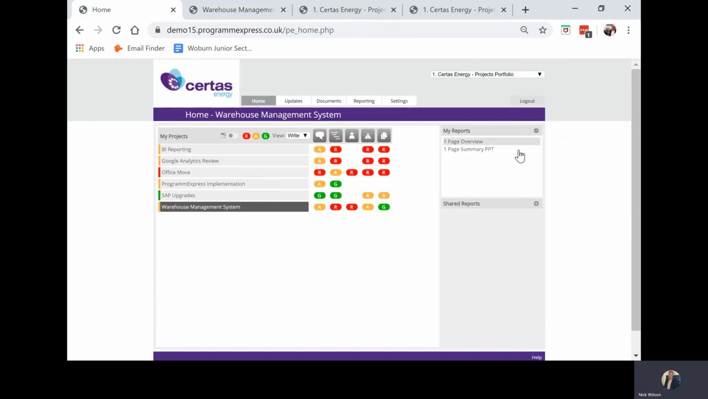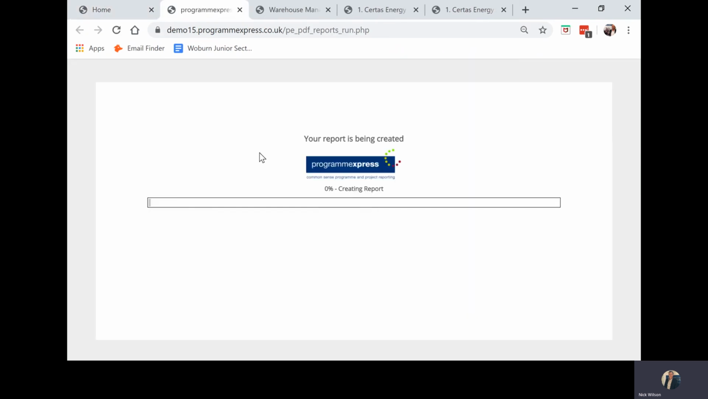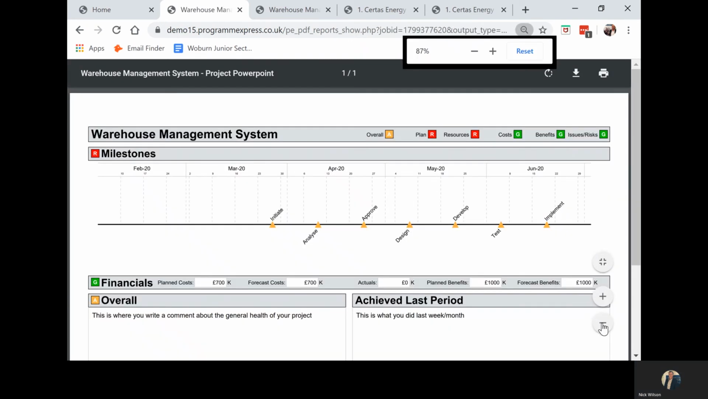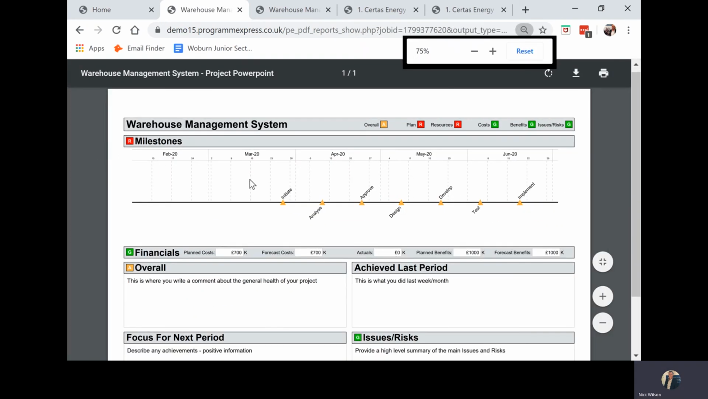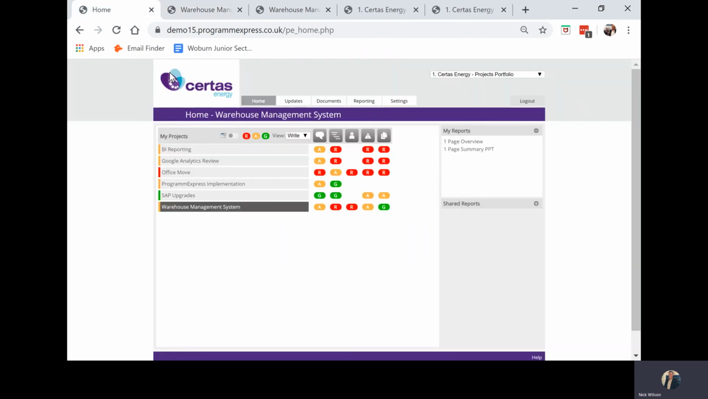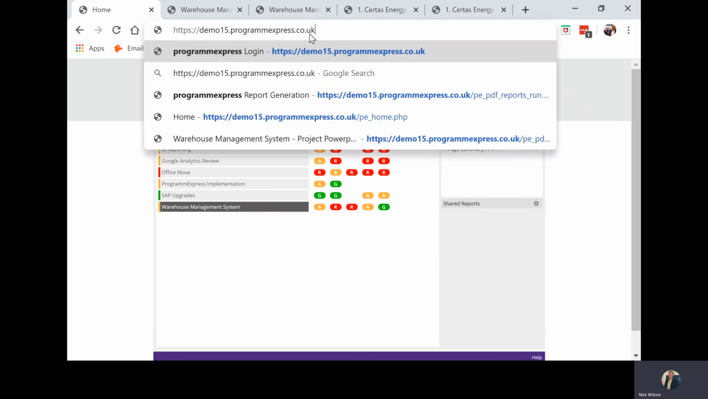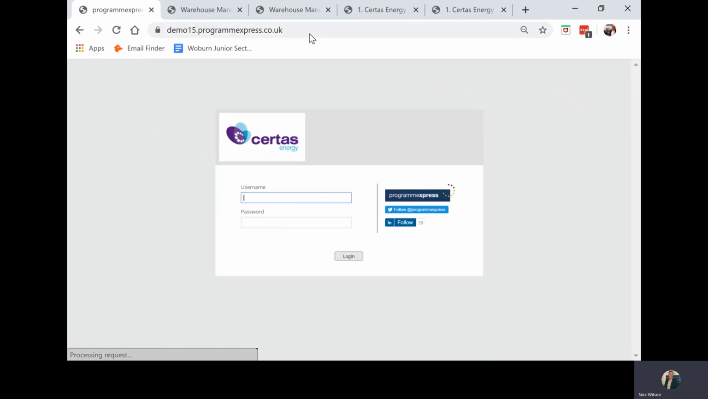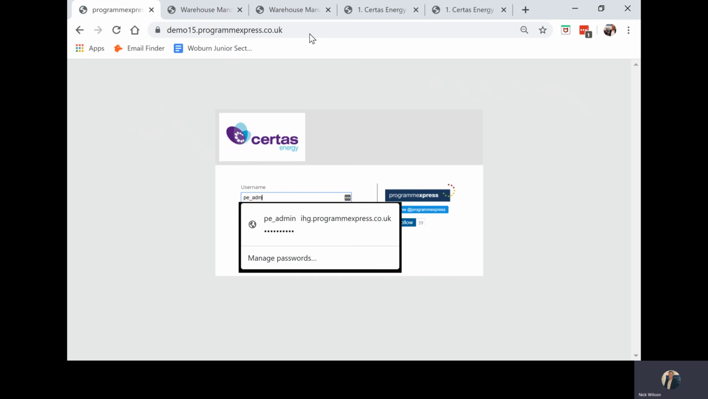Or I might want to run the same, or a different report for the same data with another style of report, a one-page summary PPT, which just drops nicely as a PowerPoint slide. So here we've got now a timeline view, and then we've got some of the commentary information that we've populated within the project. So the whole idea is that everybody simply makes their updates in a consistent fashion, and then the administrator